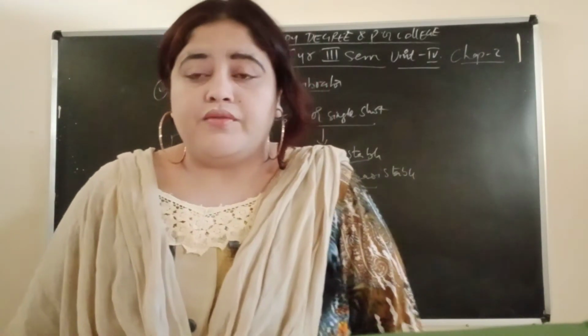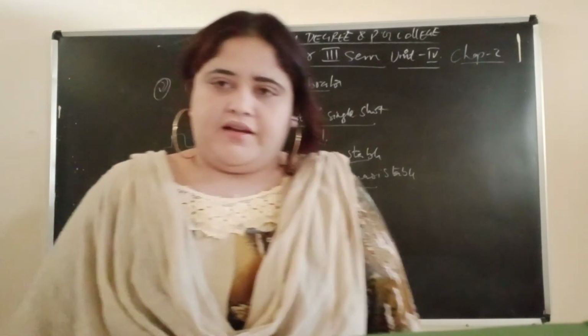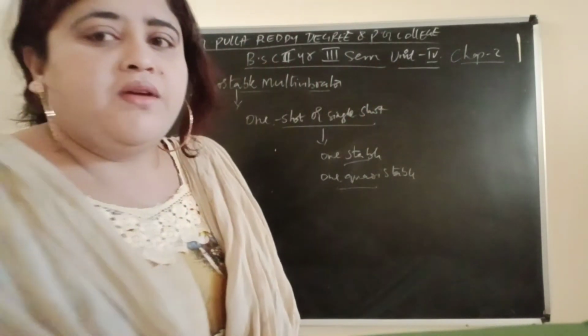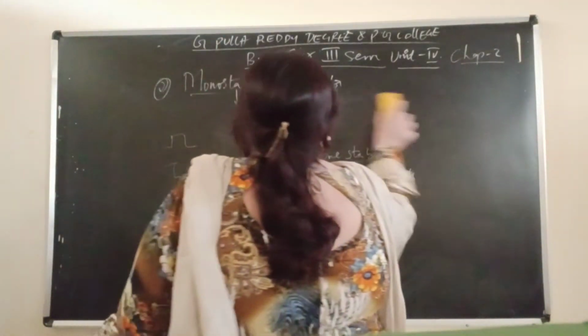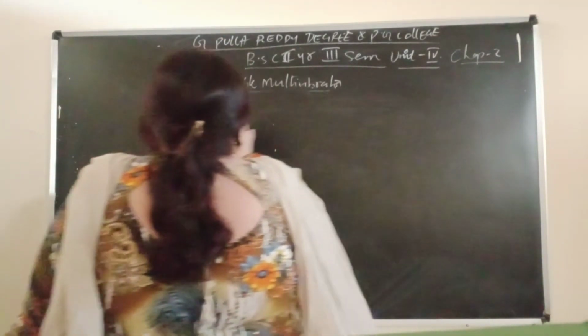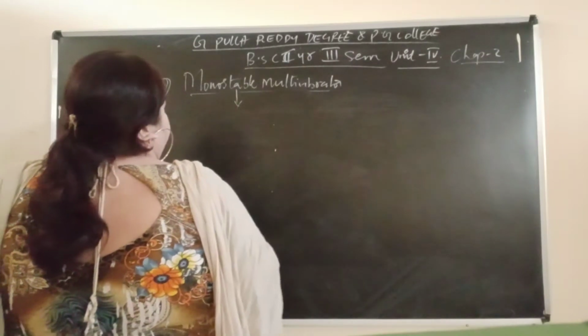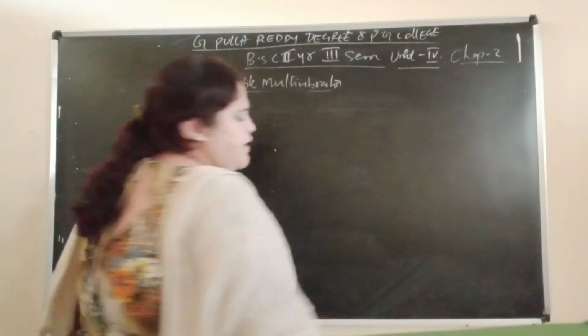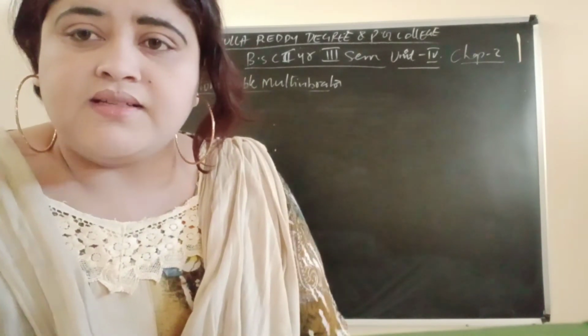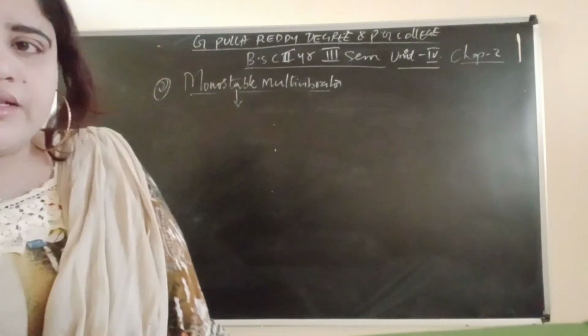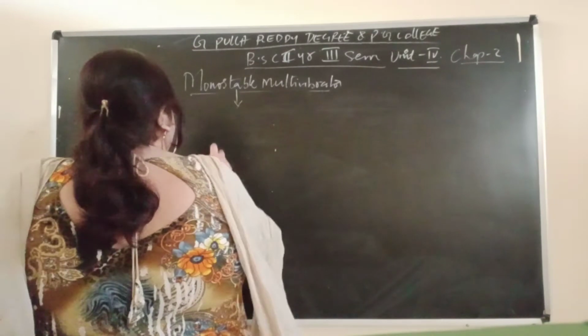Now we will go for the circuit diagram. How to draw the circuit diagram? Just observe the technique of how I am drawing it. As a multivibrator, how many transistors do we need? Obviously we need two transistors. Draw that.